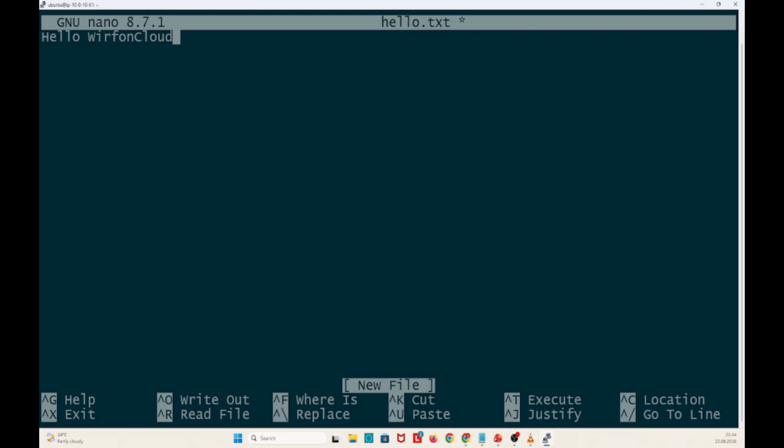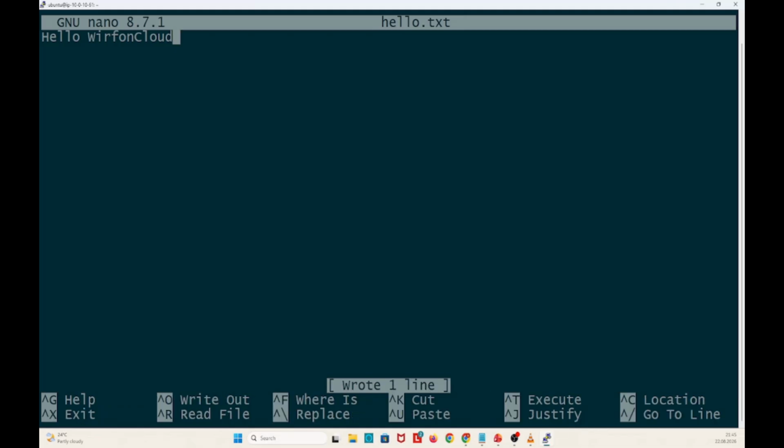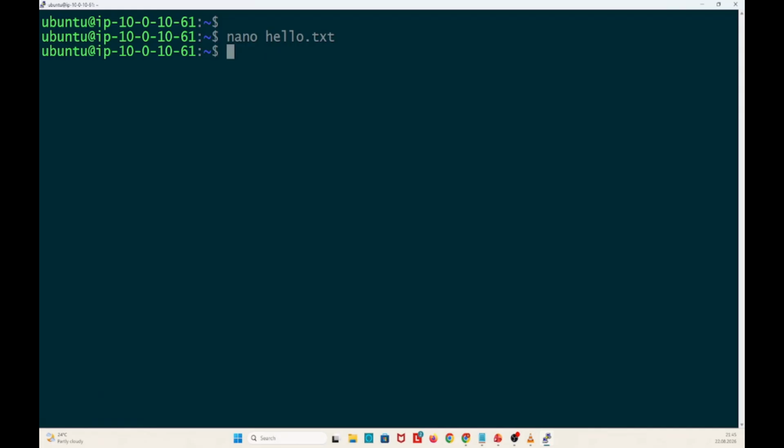How do I save this? I press the Control key and then O. That's the write out here. So Control O will ask me to write to file hello.txt. All I need to do is hit enter and then it means it has saved, right? If I want to exit, I just press Ctrl X. It has exited. So with those steps, basically, I've opened a file called hello.txt and I've written into it hello